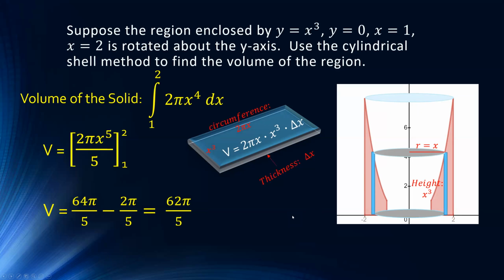All right, now what I'm going to say next is, when we have seen this before, we have used slicing for solids like this, right? So why did we use shells? Could we have done volume by slicing instead? So go ahead and take a look at the same picture here. What would happen if we take a slice like this one? The thickness,